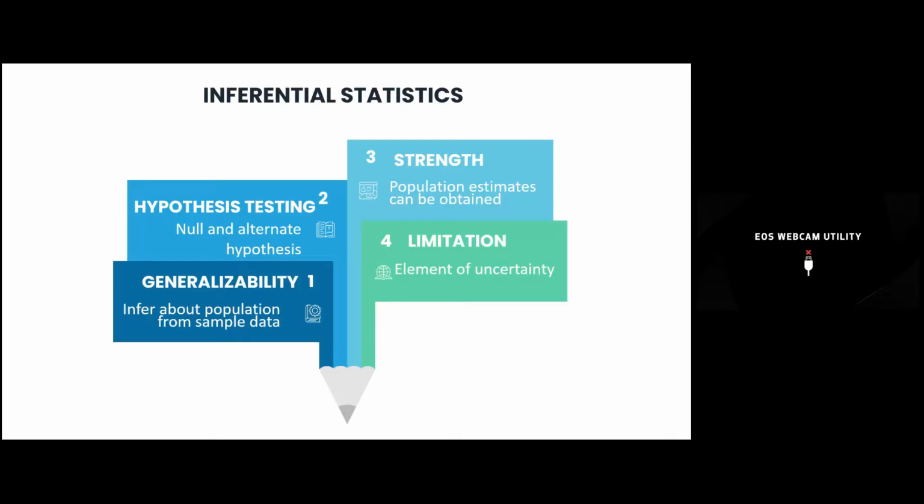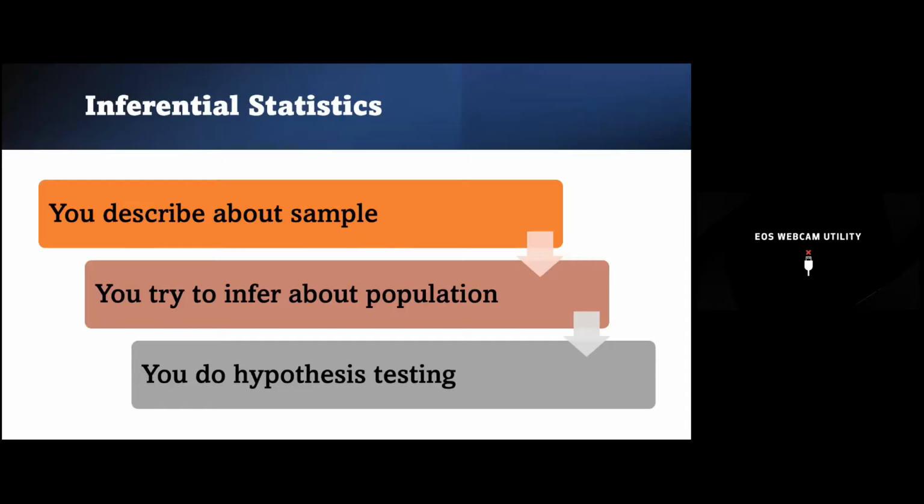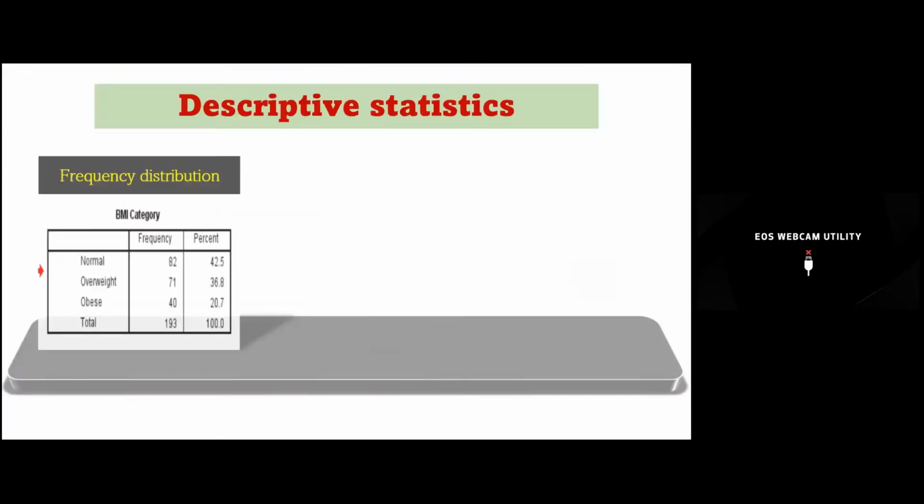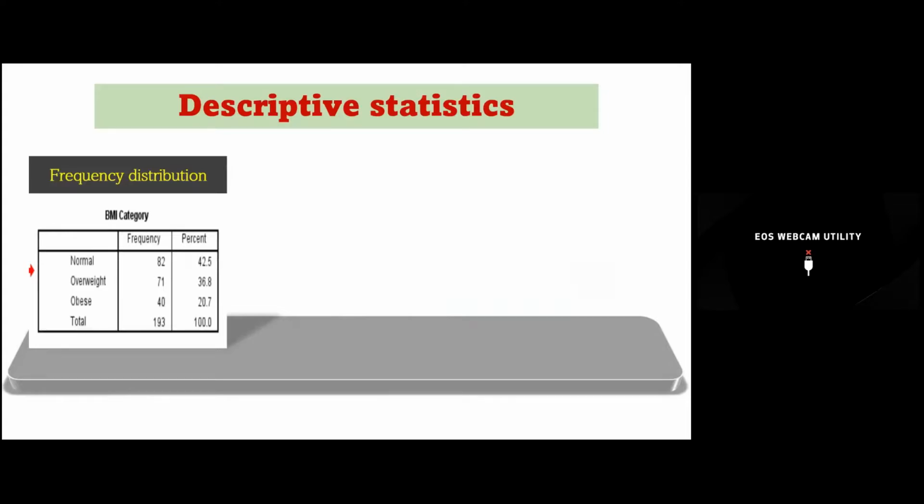That's why there is an element of uncertainty with inferential statistics, which is not the case with descriptive statistics. So inferential statistics is basically we describe the data, we try to infer about the population, and we do hypothesis testing. For descriptive statistics, as we said, we calculate the frequency distribution,